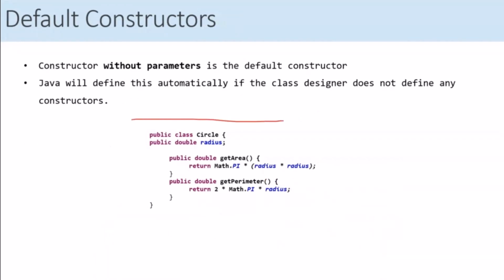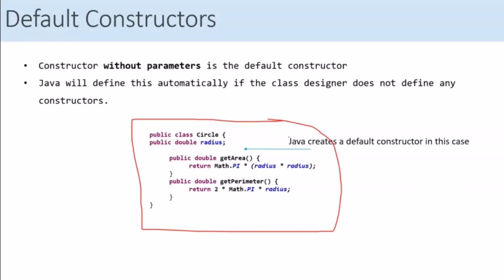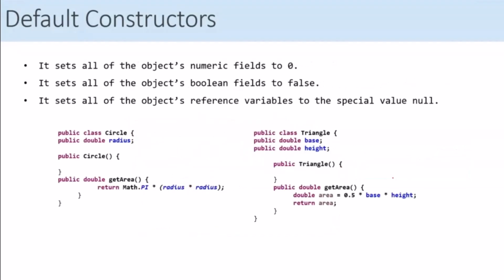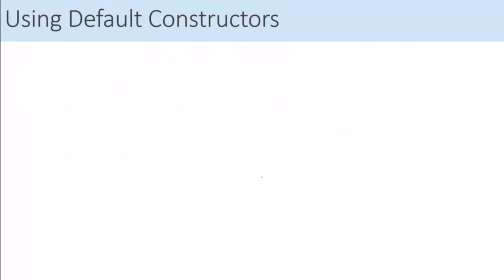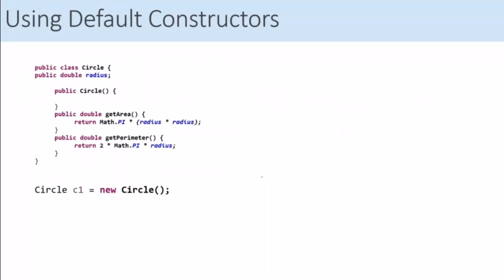This is the circle. Default constructor. Java creates a default constructor in this class. No need to create your own. Okay, this is a default constructor here. Let's look at the triangle. Same thing, you have a default constructor. How to use it? Just new